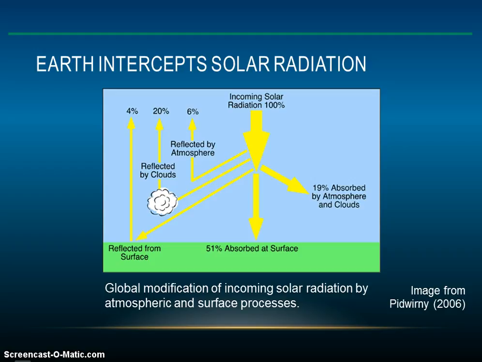As Bidwani notes, quote, of all the sunlight that passes through the atmosphere annually, only 51% is available at the Earth's surface to do work. This energy is used to heat the Earth's surface and lower atmosphere, melt and evaporate water, and run photosynthesis in plants. Of the other 49%, 4% is reflected back to space by the Earth's surface, 26% is scattered or reflected to space by clouds and atmospheric particles, and 19% is absorbed by atmospheric gases, particles, and clouds. End quote.